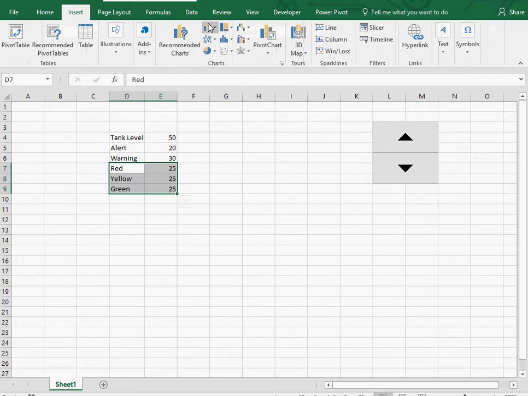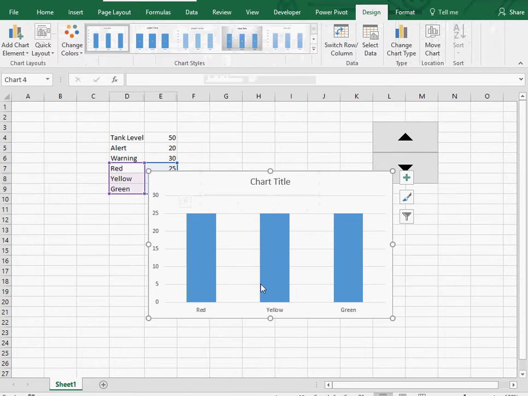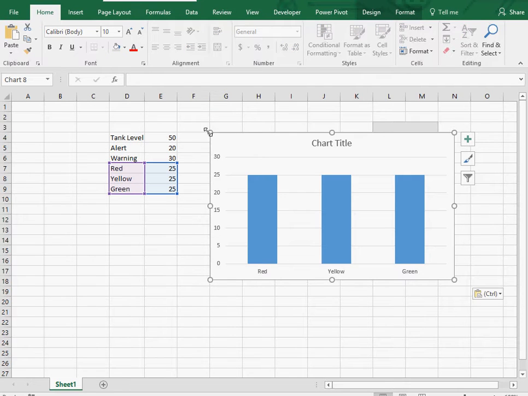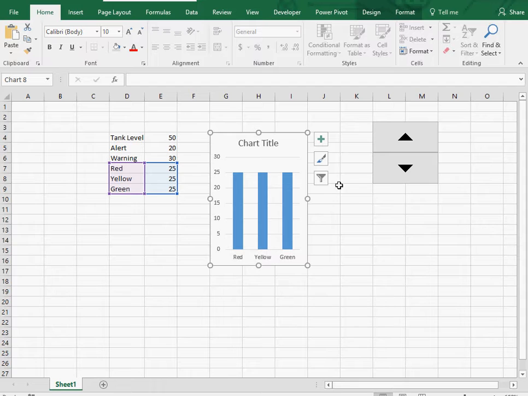So I'm going to insert a stacked bar chart. Now this doesn't look stacked, does it? It's side by side. First of all, let me do this. I'm going to hit my Control X to cut that out of there. I'm going to click in a square and hit Control V, and that'll align it to the grid. And a neat little trick with Excel also, if you grab the corner of that, hold your Alt button down as you move it, it'll snap it to the grid on this side also, so everything fits nice and neat